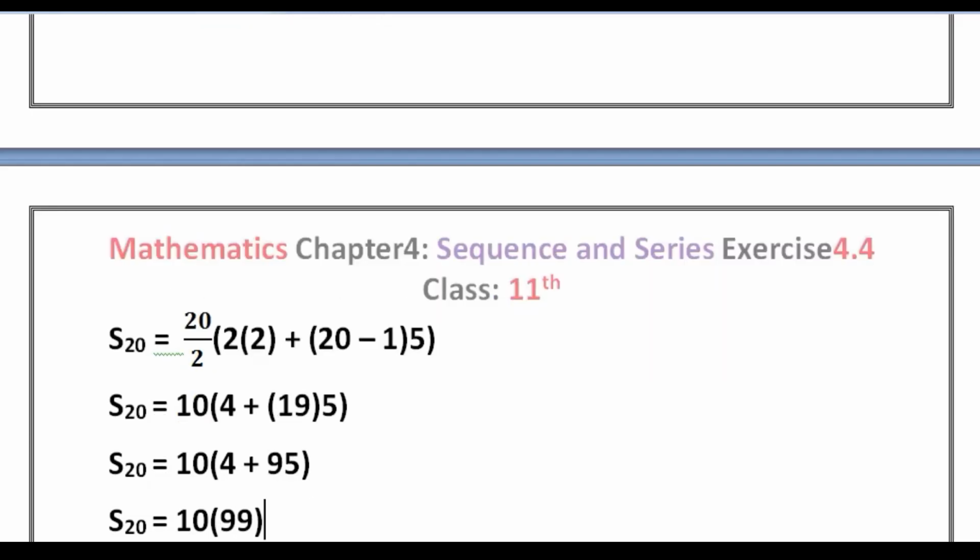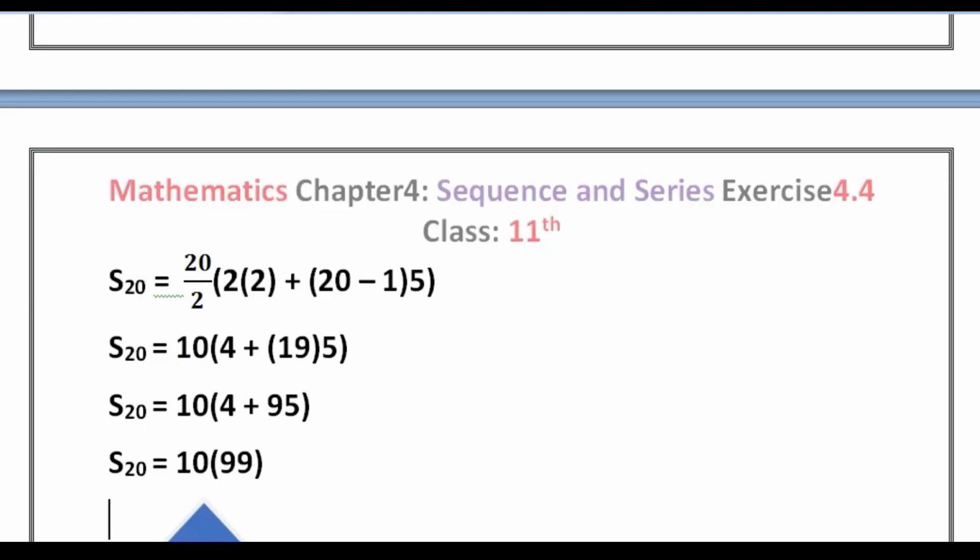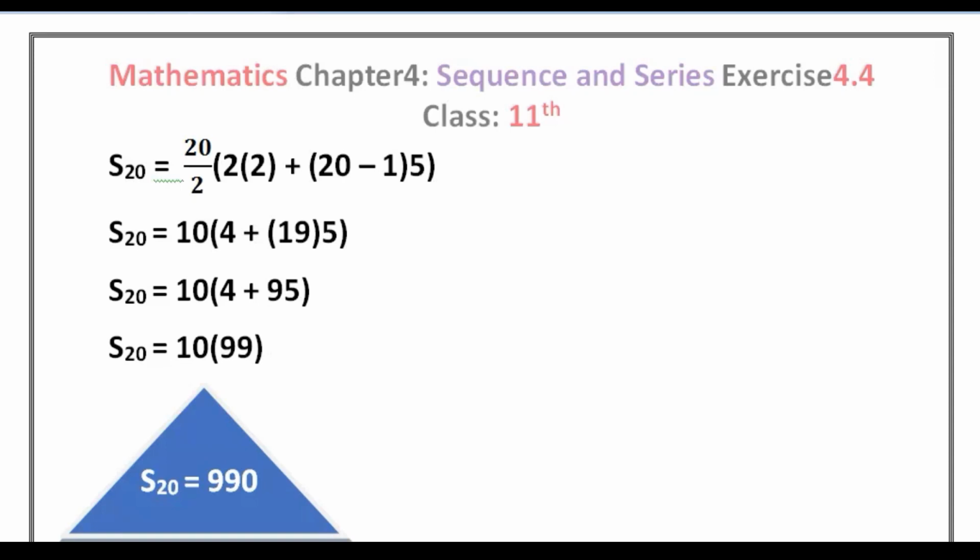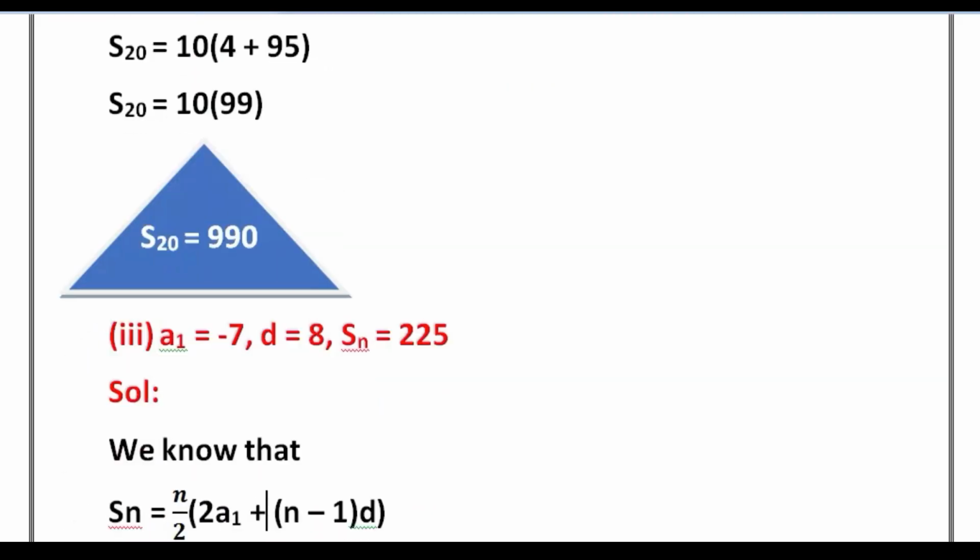So S20 is equal to 10 into (4 plus 95), which is equal to 99. So 99 multiplied by 10 is equal to 990. So S20 is equal to 990. Third part, that is